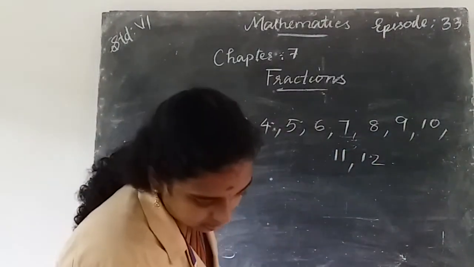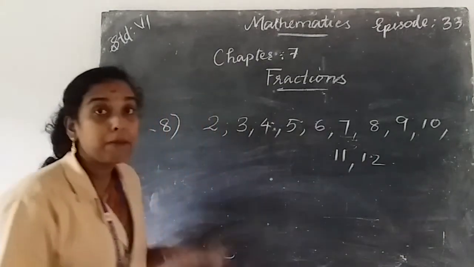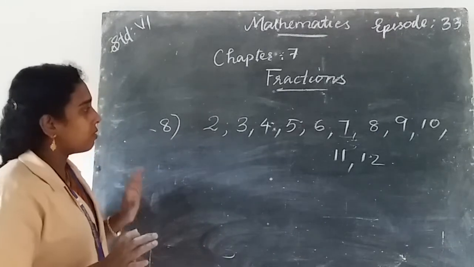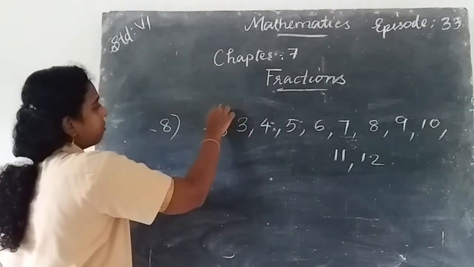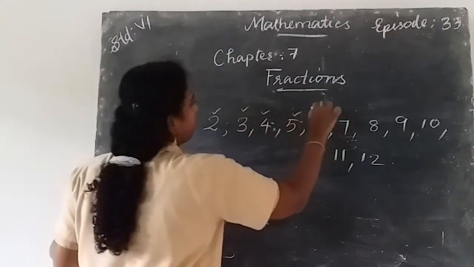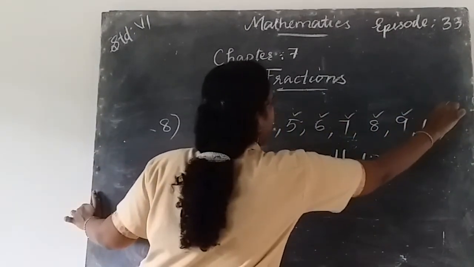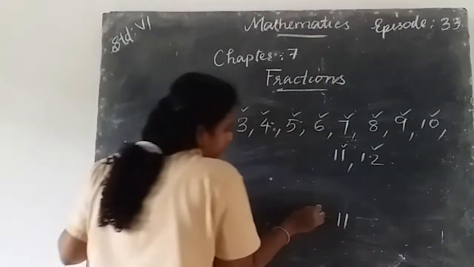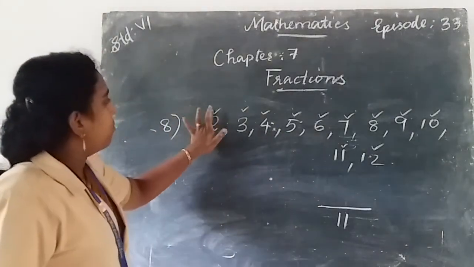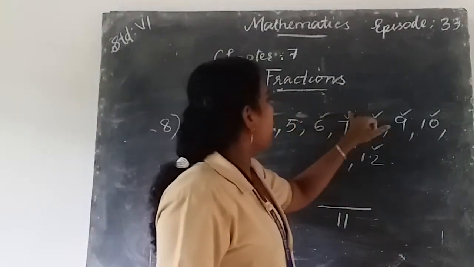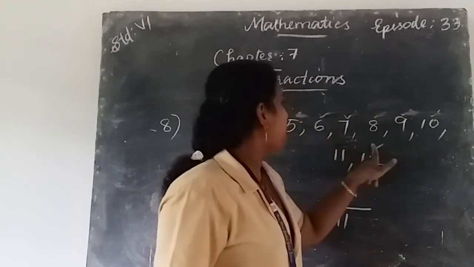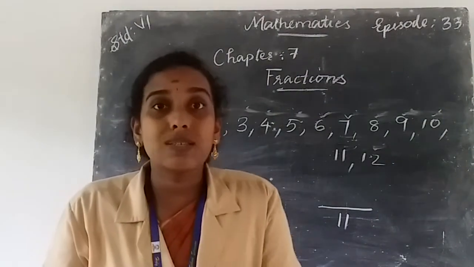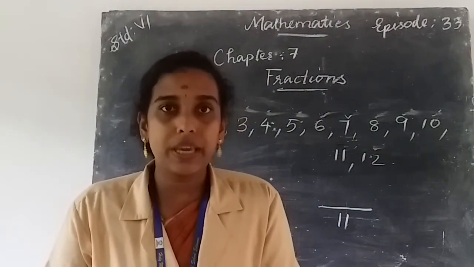Okay. And here the question is, what fraction of them are prime numbers? We want to write the fraction of prime numbers from these numbers. So here the whole is equally divided into 11 numbers, so write 11 as the denominator. And we want to write the fraction of prime numbers, so write the number of prime numbers from this. What do you mean by prime numbers? A number that has only 2 factors is said to be a prime number.